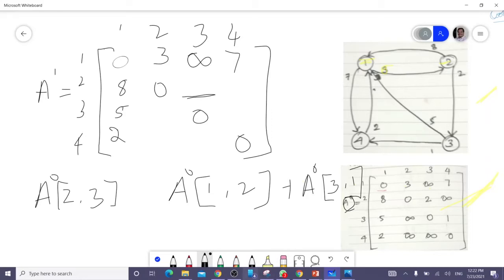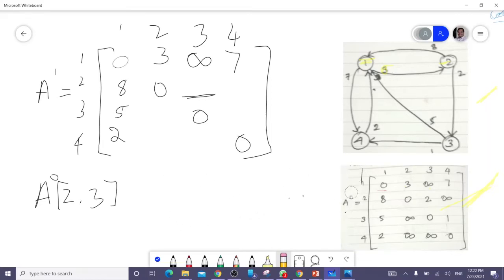Let me write it once again. If you want to find this value, A of 2, 3, what you have to do? A0 is nothing but the initial matrix.